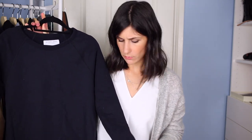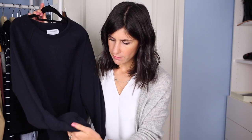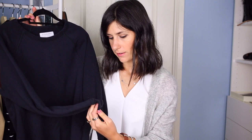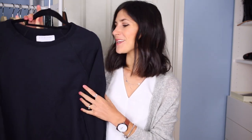I got rid of the grey because it got so pilled and just started to look really old that I didn't want to keep it anymore. But I've still got the black one. I actually think that I've got some marks on the sleeves from when I was using some sort of bleach. Yeah, it's gone a little bit red on the sleeves, but I tend to wear this as pajamas now. I don't actually wear it out, as it's not really my style to wear a boyfriend sweater anymore,